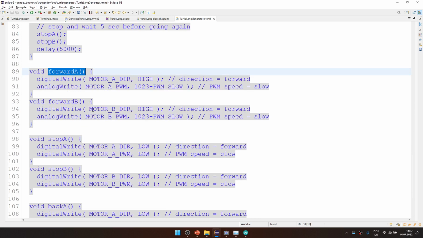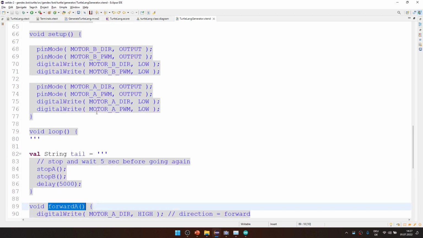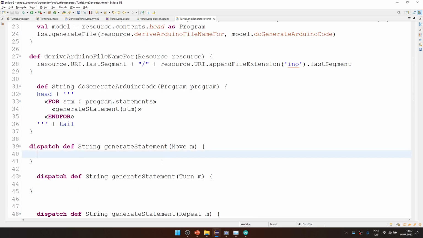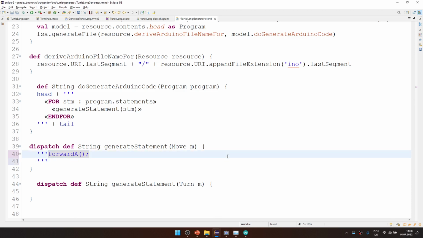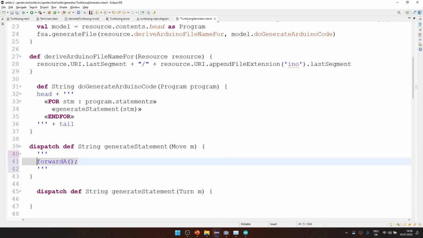So we want to generate Arduino code where it basically says, whenever we want to generate some kind of template code, we can use these three quotation marks here. I'll just put this block of code here to give an example. So we want a forward on motor A,